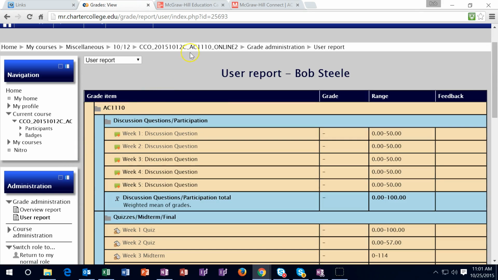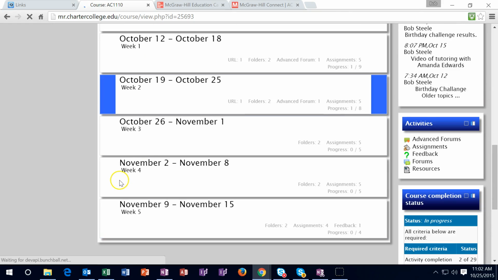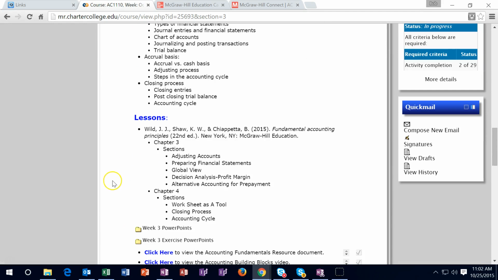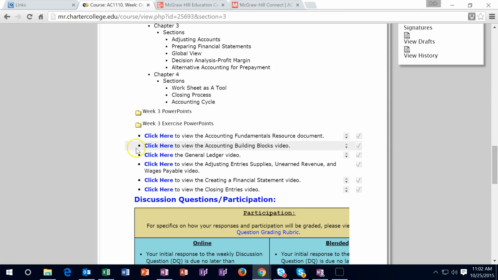Going to go back to the top, up to the cookie trail. Going to scroll down to the current week that we are in, being week 3, and see what we have in week 3. We have your objectives and your topics up top. We're going to cover chapter 3 and chapter 4 in this case, and you have the materials here. Much of the materials will be the same in that we're going over all the introductory topics, the building blocks, and these are going to be the building blocks that we're going to use for all future courses.